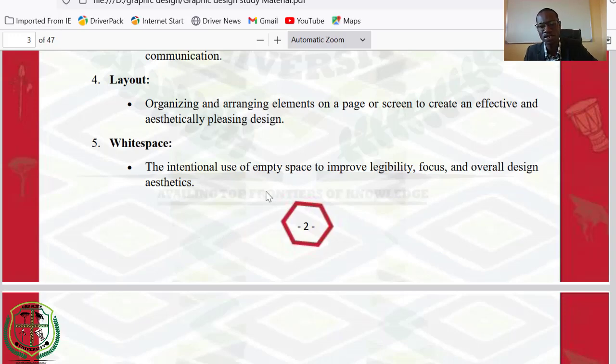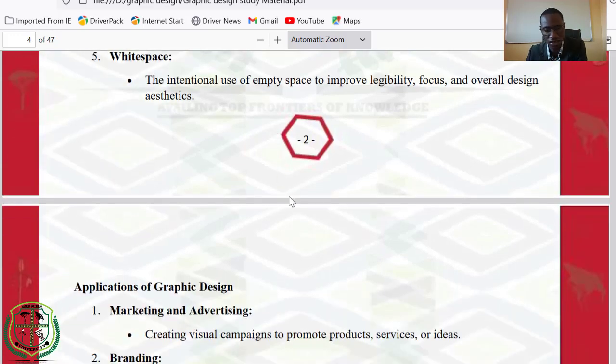So white space is the last component, where you use intentional empty space to improve legibility. Okay, so of course it's not supposed to be crowded. There's supposed to be some space that is used basically for legibility, focus, and overall aesthetic of the design. Okay, so that empty space is also very, very important in creating a flow of the